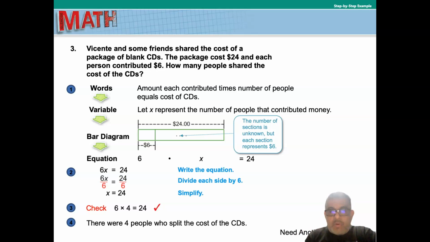So if we look at this bar diagram, the total cost was 24. Each person, so this is one person right here, represents 6. The rest of the bar represents X, because we don't know how many people are involved. We know for sure it's one person, right, which is Vicente. So let's consider this person as being Vicente. We don't know the rest of the people. That's equal to 24. So if we go back and practice what we were learning, applying the division property of